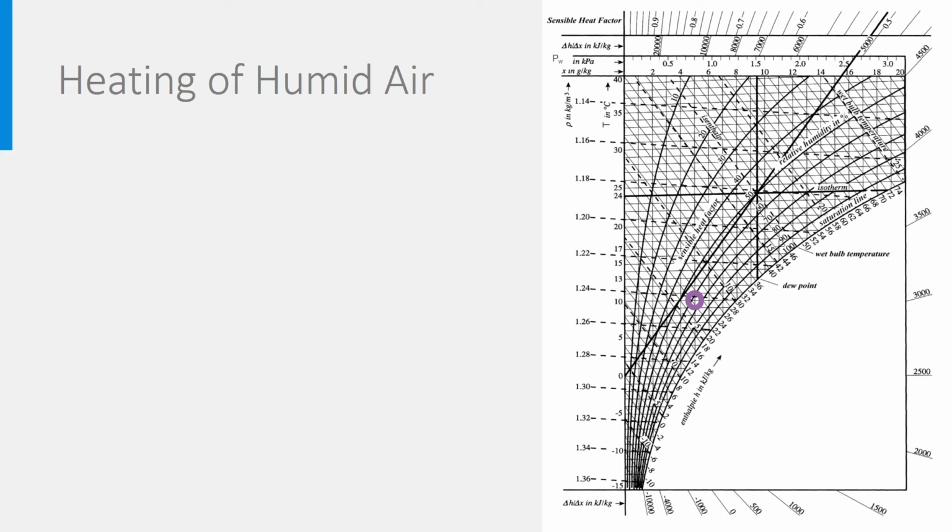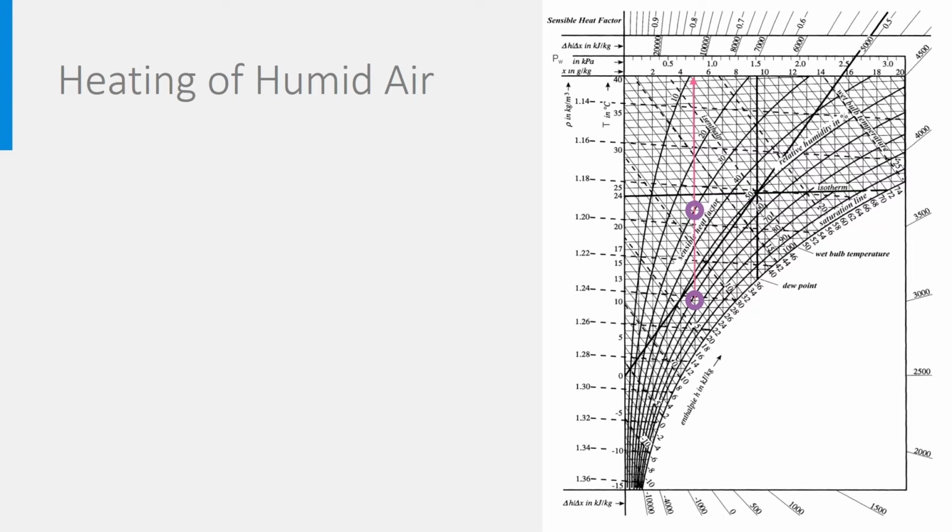At the starting point, the absolute humidity of air is 5 grams per kilogram. Mass cannot spontaneously appear or disappear, so this quantity of water vapor remains the same, meaning that the heating process must take place along the line of constant absolute humidity. So the final point with temperature 22 degrees must be here. The relative humidity has decreased to 30%, so the air will feel much less humid than when it was cold.